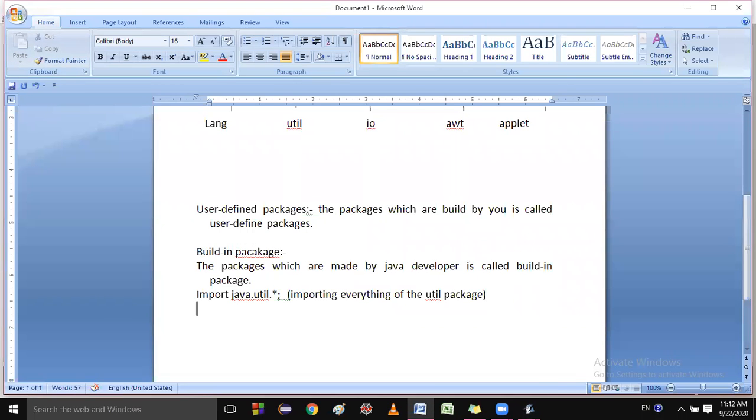Next way. Suppose you want to access any single class inside a package. The util package has one class, Calendar. So import java.util. You know the class name's first letter will be capital. Do you know this thing? Yes, sir.